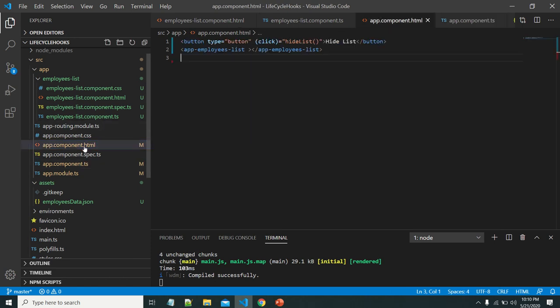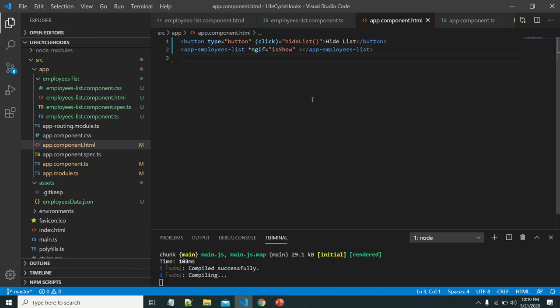In this component I'm using the structural directive ngIf. This ngIf is basically used to add or remove the specific component depending on the expression. If isShow is true, then this will be added to the DOM and displayed in the browser.